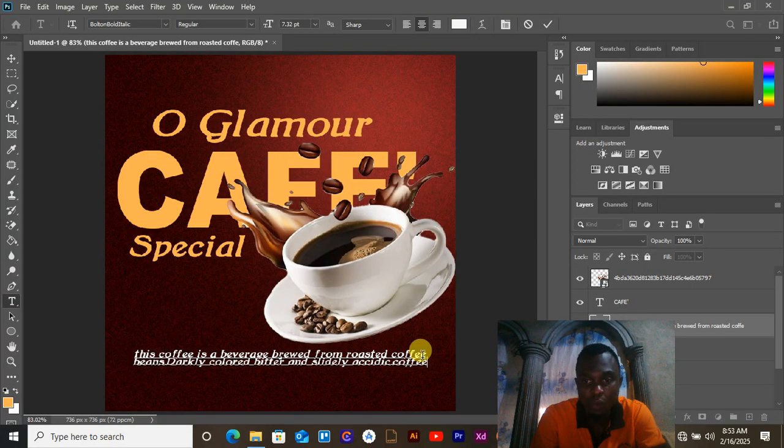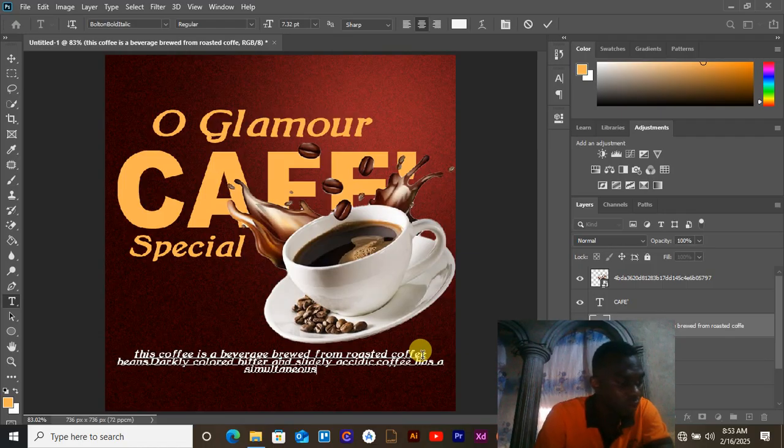And then now coffee has a simultaneous. Now before this simultaneous, we'll click on the backspace and then we'll enter to move the simultaneous to the next line, and then we'll use our arrow keys to move our cursor to the next word, to type in the next word. So simultaneous effects on humans, primarily